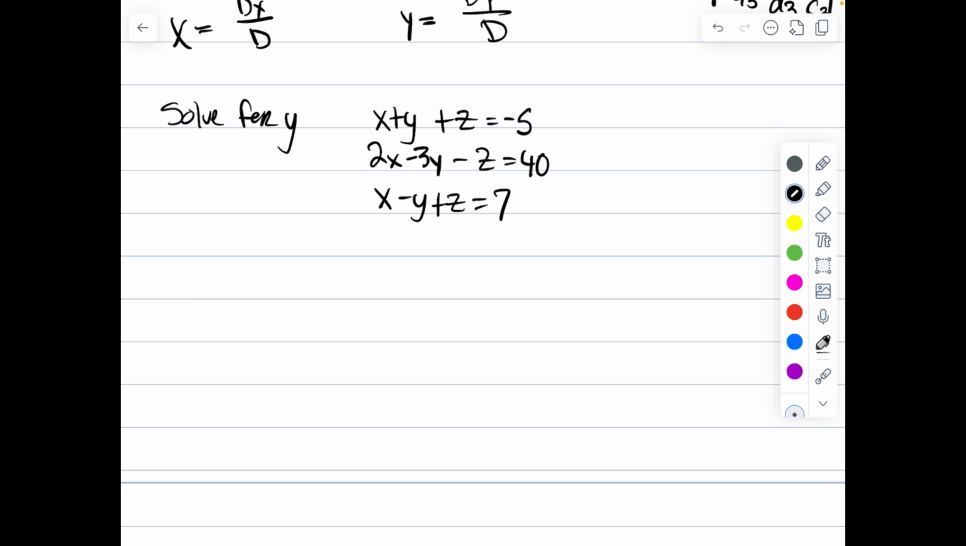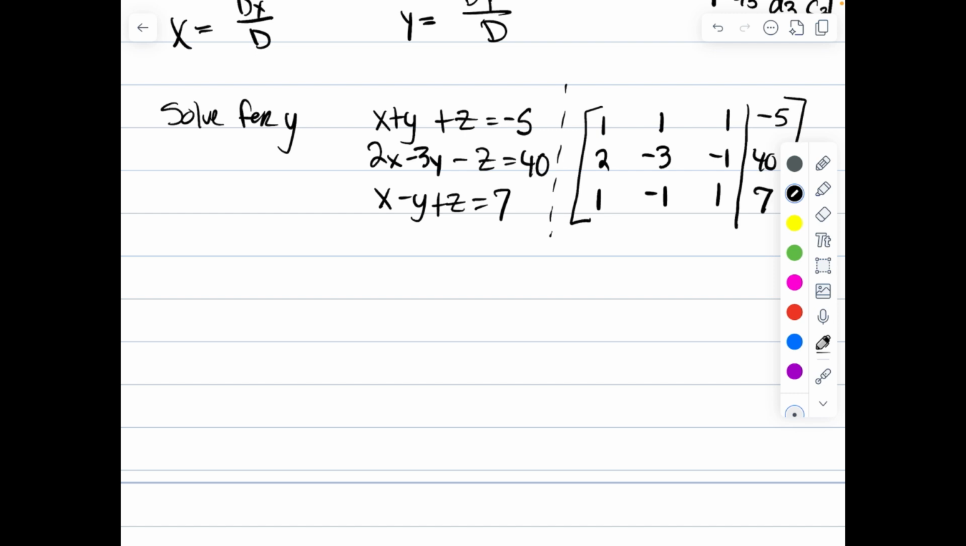And what we can do is go ahead and make this into its own matrix. So it would be the coefficient of x, so 1, 2, 1. The coefficient of y would be 1, negative 3, negative 1. And the coefficient of z is 1, negative 1, 1. And then we draw a vertical bar, and we would do our answers: negative 5, 40, 7, right? And if we know we want to find our y here, then that means y is equal to dy